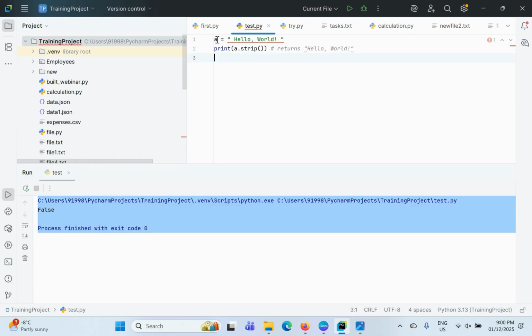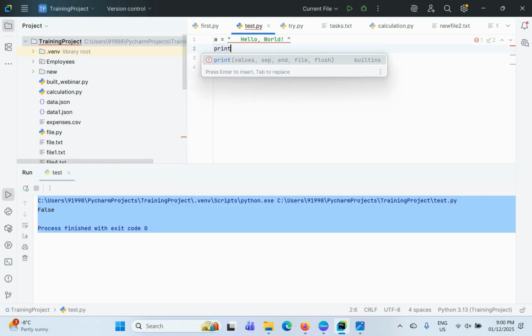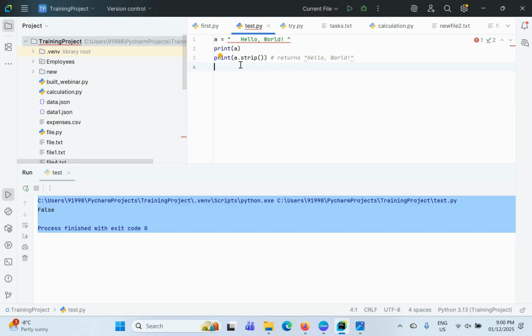I have a string hello world, and it has some space. First of all I will simply print a, so it will print the value of a, and after that I am calling the strip function on the variable, so that I can see the difference in how it removes the space. So a.strip() is the inbuilt function that will remove the extra space from the starting and ending. So when you run it,